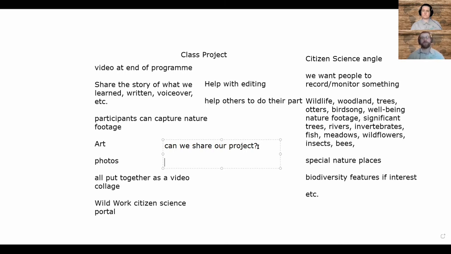Or it can be a photo of a special tree, but we don't have to say whose special tree it is. Yeah. So we can present it in such a way that whoever's viewing the video need not know who the stuff came from.